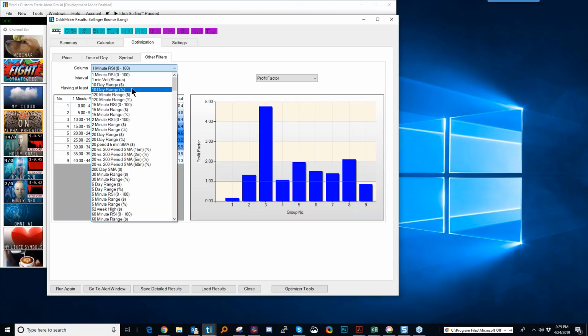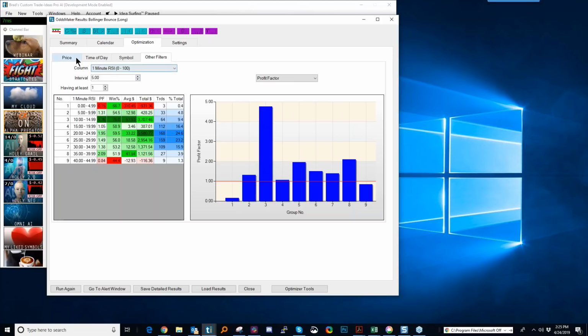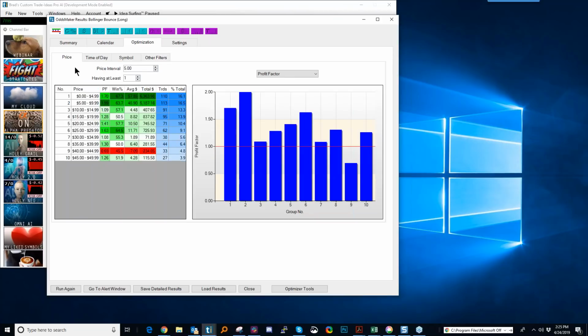So any filter, whether it's custom or standard, you can use it as a way to peer into the data. You're using this odds maker tool as a way to look into the data and see if you should actually remove the filter, add the filter, or change the filter. Really quick, the way that it works, price is a real simple example. It's taking a look at the available pricing points in this particular strategy, breaking it up in $5 increments, and I can see each of those increments.